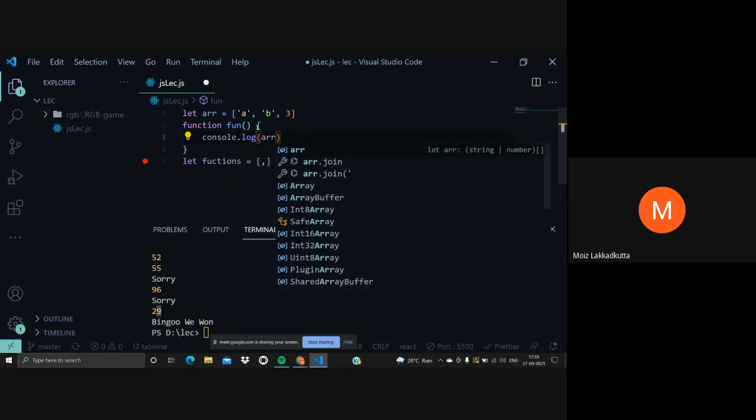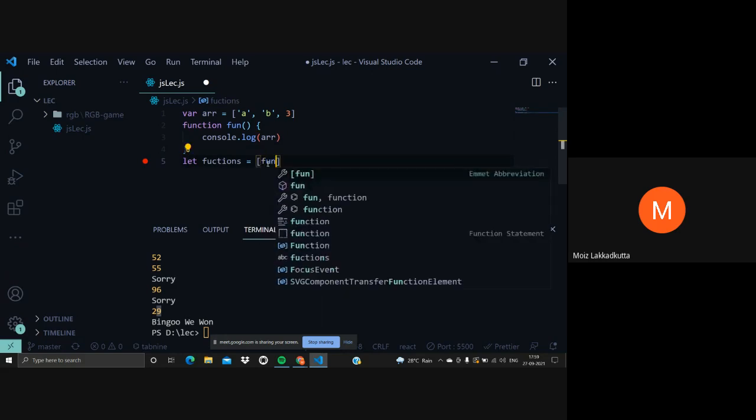Okay, we can do that. If we want to do that, we have to change that var to let, as my friend Nazi explained. Let functions equal fun, comma string a. Let's do that. And if we call the function here,